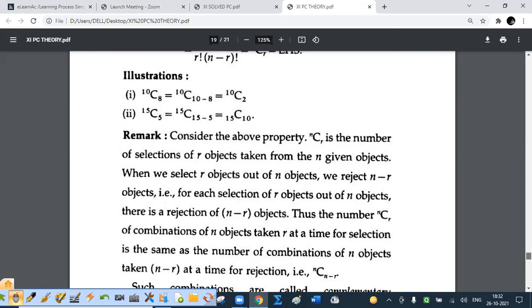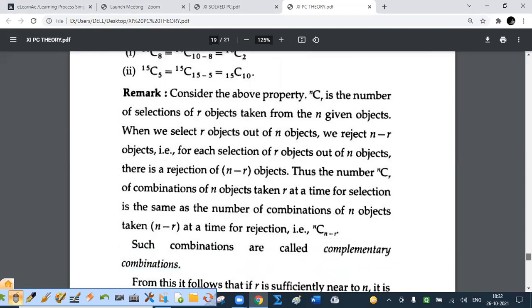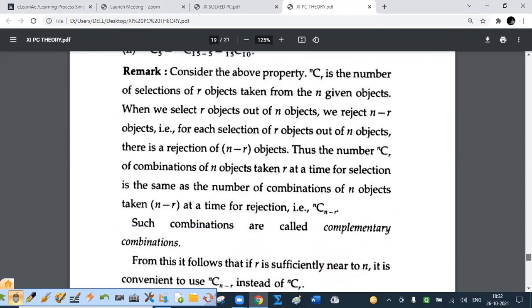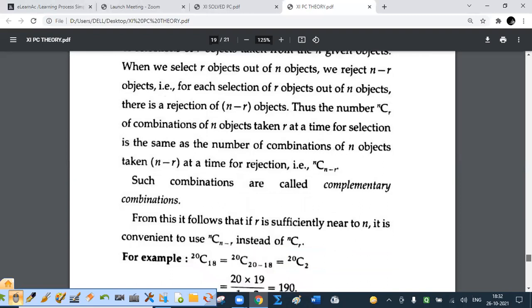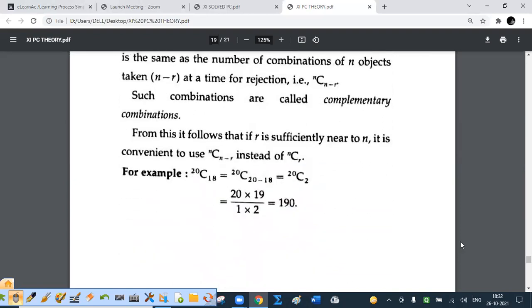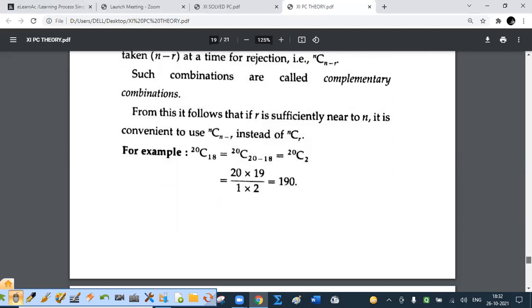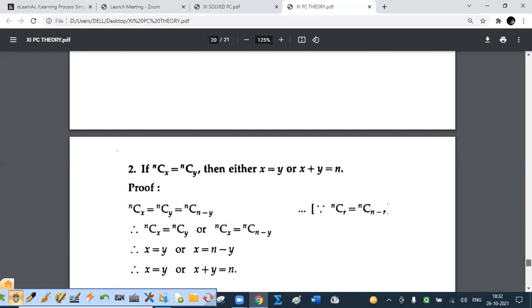Even if you do not understand this statement, no problem. Using the formula, we have already verified that nCr is nC(n minus r). Such combinations are called complementary combinations. So if you are asked to find 20C18, you may say 20C18 is the same as 20C2, one and the same thing. Now, next part, if nCx is nCy,